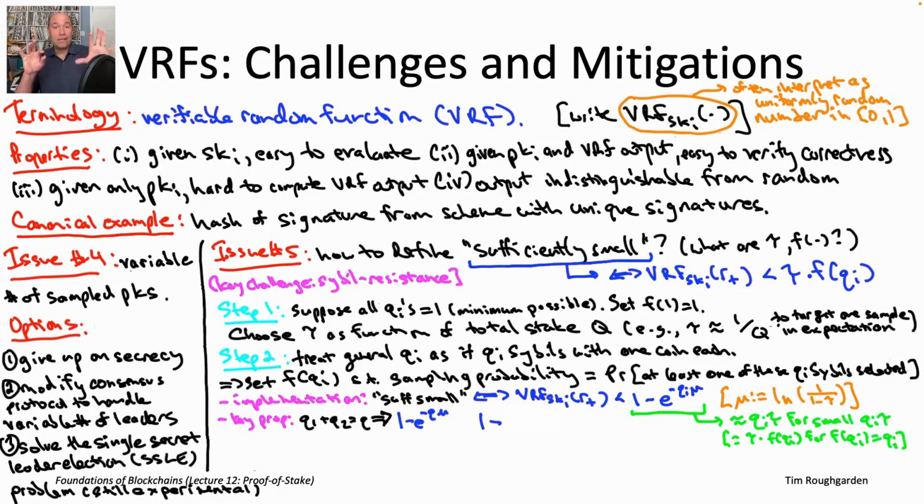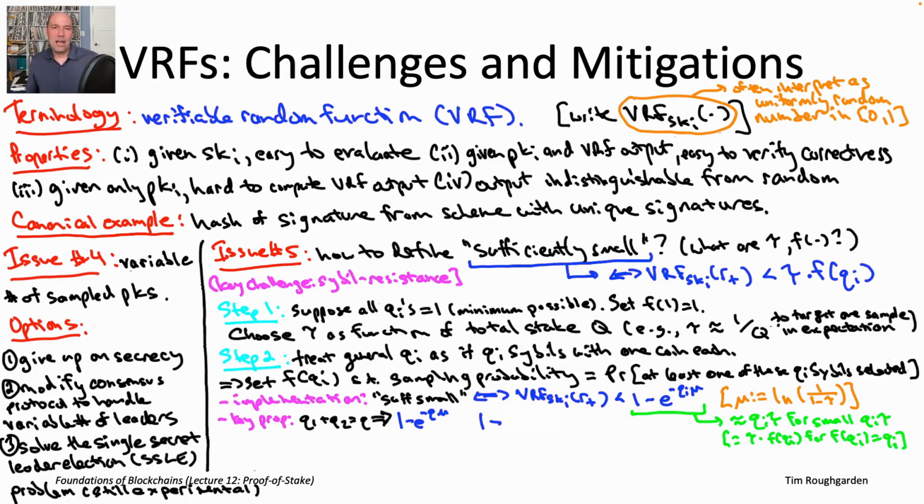Those 2 events are independent, so we can look at the product of their probabilities. Okay, so the probability that the first public key does not get sampled times the probability that the second key does not get sampled. So think about the first one. What's the probability that the Sybil with 7 coins, say, doesn't get sampled? Again, 1 minus the complementary probability. 1 minus the probability that it is sampled. We know what that is.